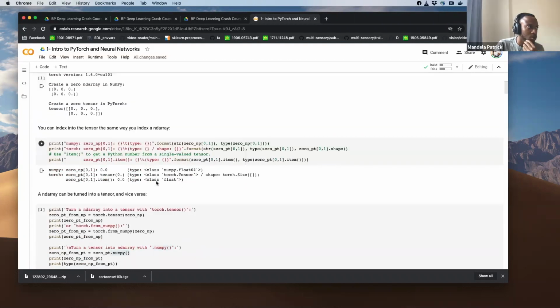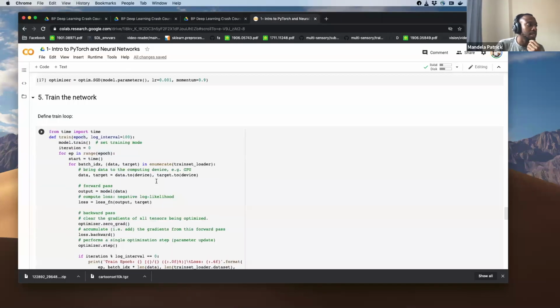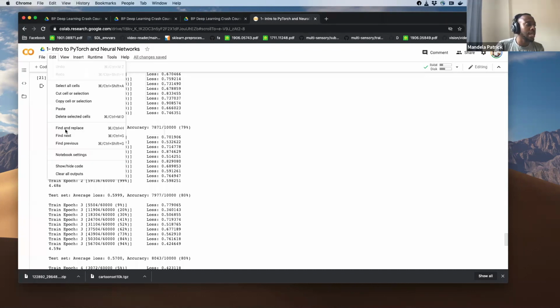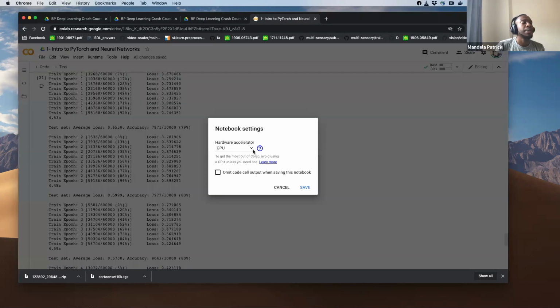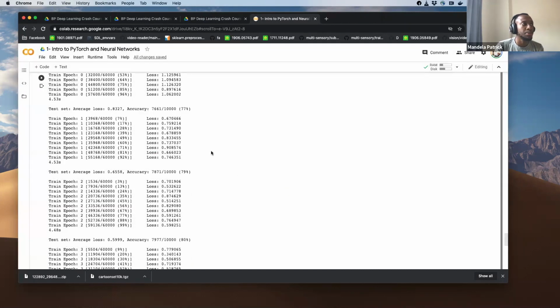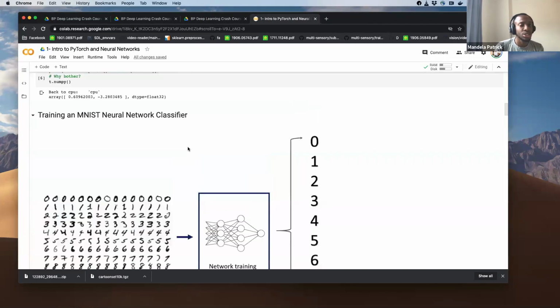If it's not on GPU, this, which took like 4 seconds on average per epoch, would probably take minutes. That's one of the convenient parts of Google Colab: if you go to edit and go to notebook settings and change it to GPU, you can have free access to GPU for your experiments, which is honestly a game changer, and you should take advantage of it.